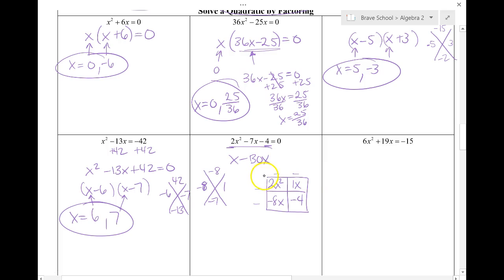Alright, well, let's put a 2x here and an x here because 2x times x is 2x squared. So now, for this number over here on the left, what number times 2x equals negative 8x? So that'd be negative 4. And over here on the top right, what number times x equals 1x? 1. So then